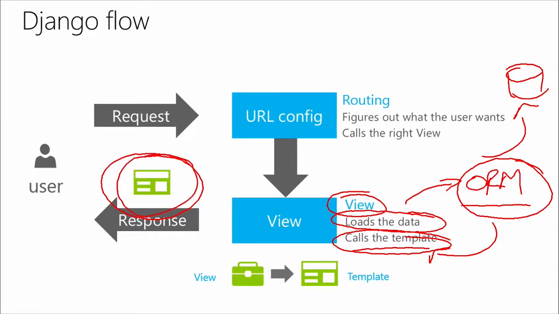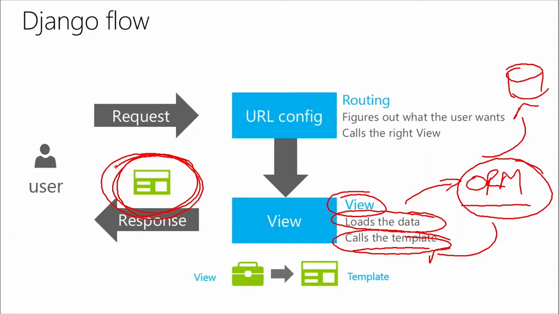So I would have that code inside of my view there, and that's going to go get me my data back. And then what we're going to wind up doing is we're going to call the appropriate template. We're going to hand that object into the template, and then the template will put together that eventual display that we're going to wind up seeing.